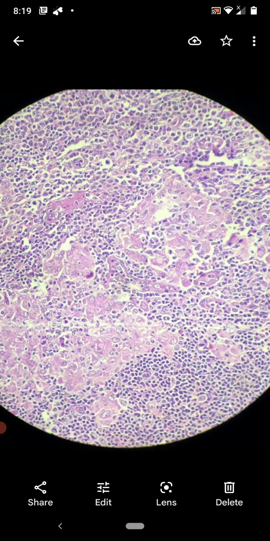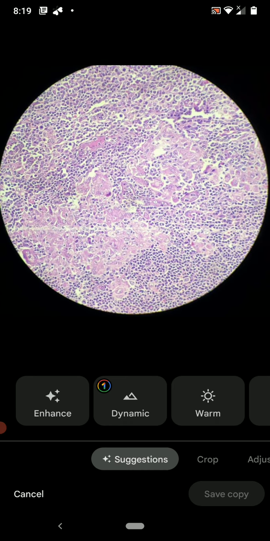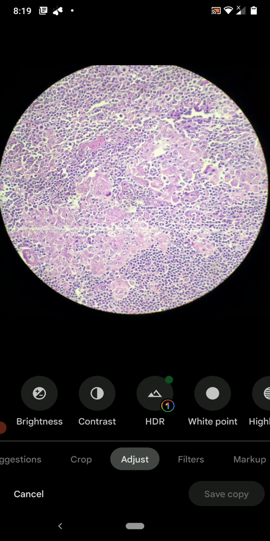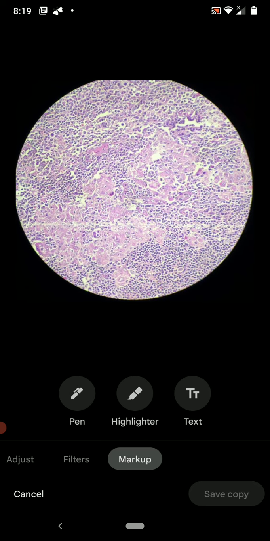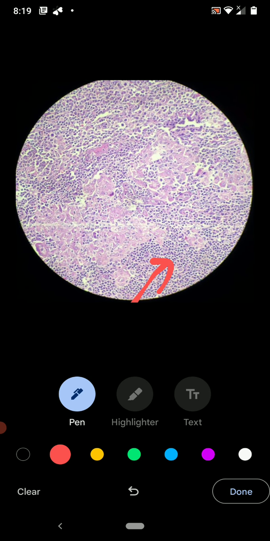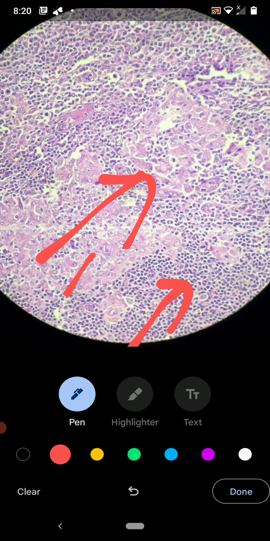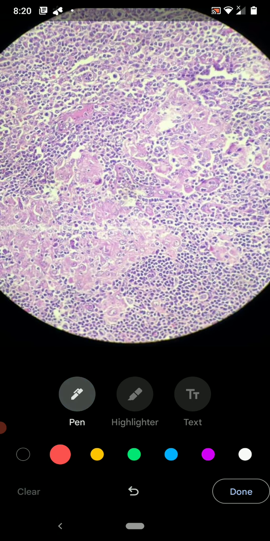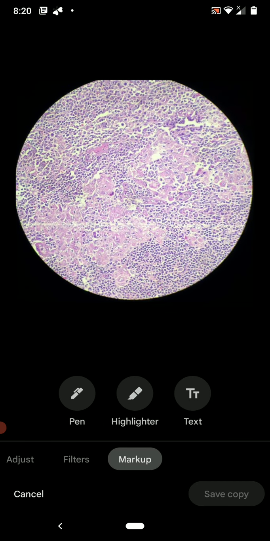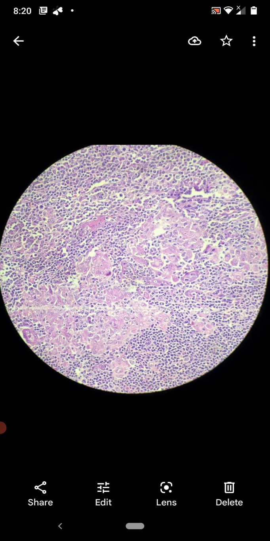Here again we can see the clusters of epithelioid histiocytes with abundant eosinophilic cytoplasm, indistinct cell border, oval to elongated nucleus, and also we can appreciate the monocytoid B cells in this picture. These monocytoid B cells having abundant clear cytoplasm, round dark center nucleus, and here are the clusters of epithelioid histiocytes or microgranuloma. So this classic triad of microgranuloma, reactive follicle, and monocytoid B cells, these constitute a diagnosis of Toxoplasma lymphadenitis.